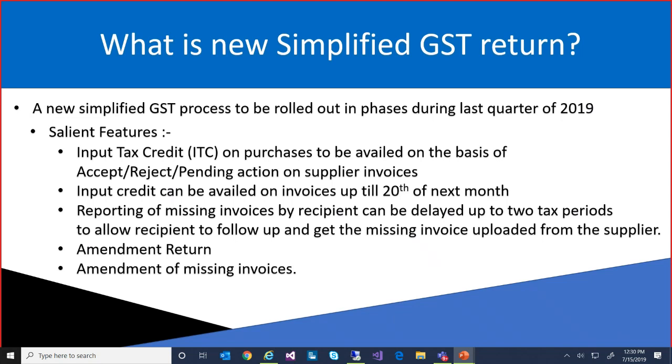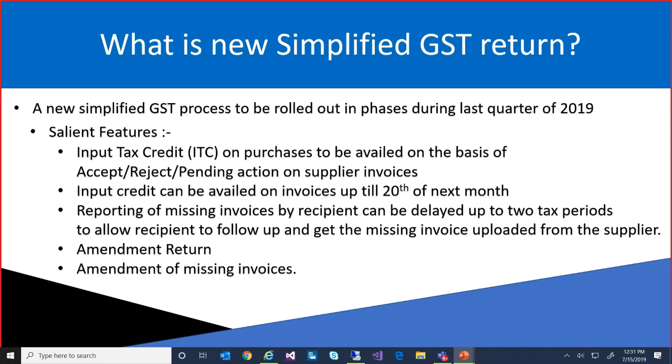So all B2B transactions are going to be controlled by the government, and the government will control your outward supply details from January 2020. But before that, we have to file the return, and there the government has made a massive change again. Government is removing the multiple returns and introducing a single return. There, the sales and purchase details will come into a single return. For that, you have to file